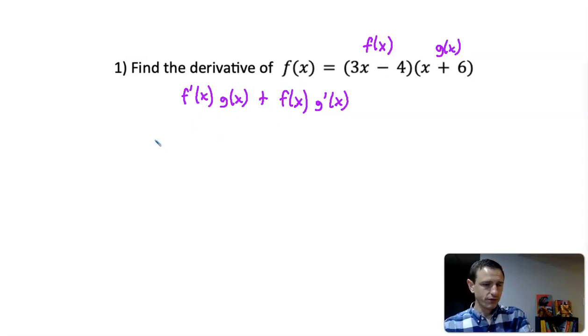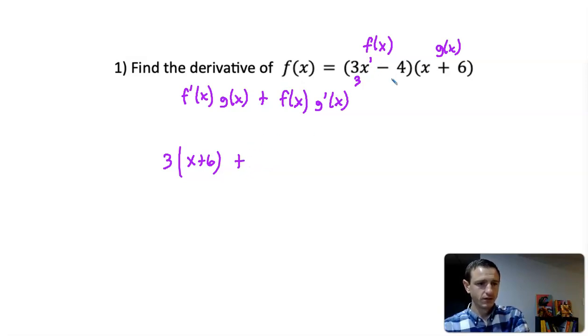So let's take the derivative of f of x. The derivative of 3x minus 4 is just going to be 3, because the derivative of 3x is 3. This is x to the first. 1 times 3 is 3. 1 minus 1 is 0, so the x drops out. So we just get 3, and 4 is a constant. So 3 times the original second function. So that's just going to be x plus 6